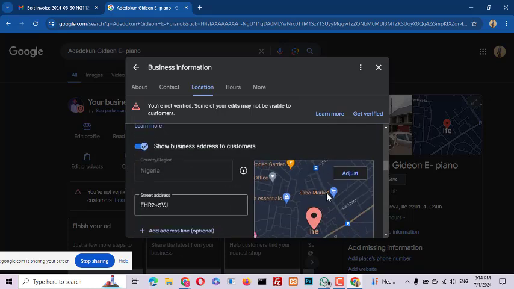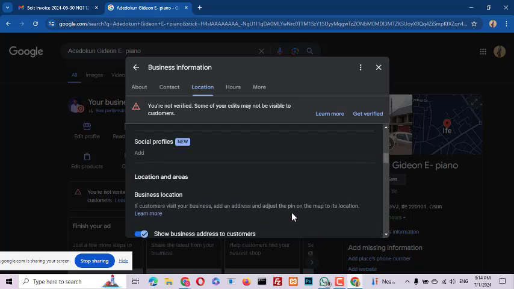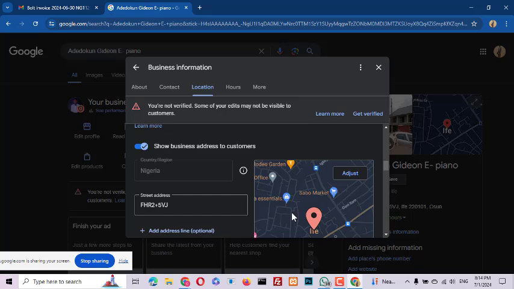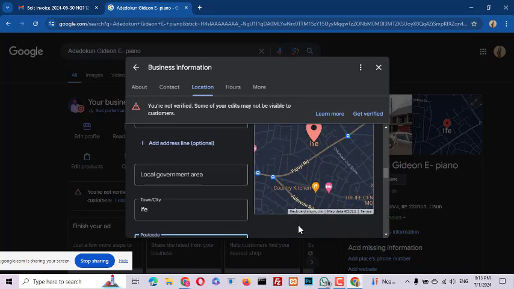So after that, you can now click on adjust. So all the lines that you are having here, if you zoom in very well, you will see the names of different streets there, and the picture, you will see it there. So you will zoom in very well. So you even see different streets, all the roads and streets that we have, they are on the Google map. So then you mark it. You have to look at it very well. So and then you mark it. Once you've done that,